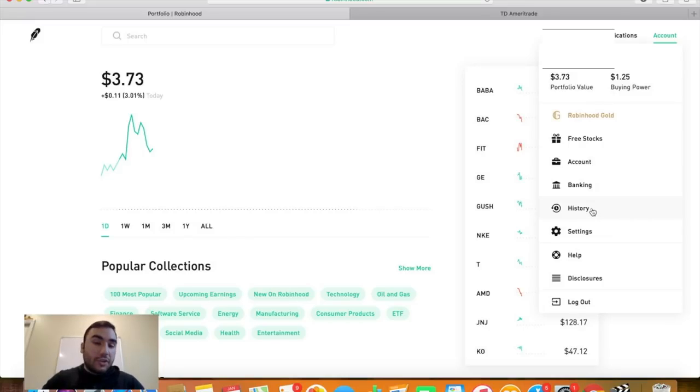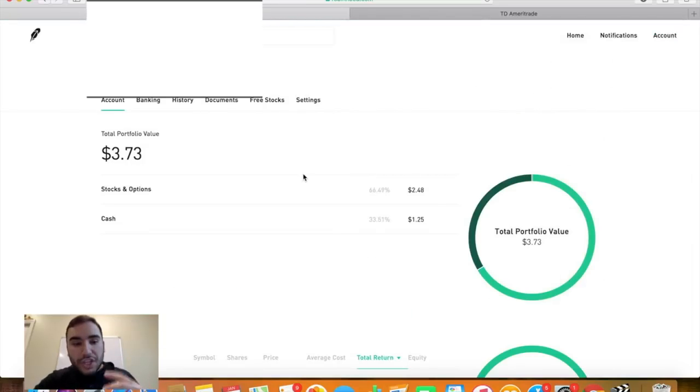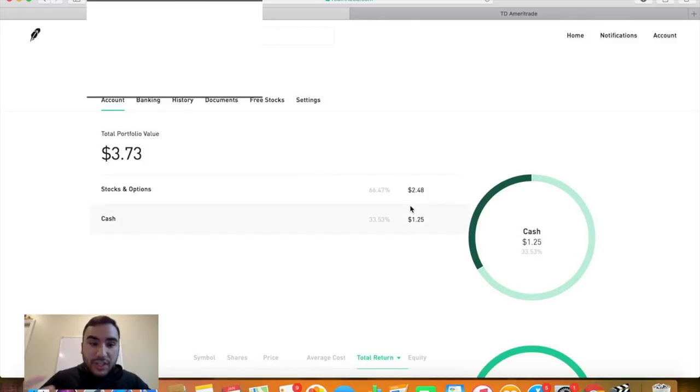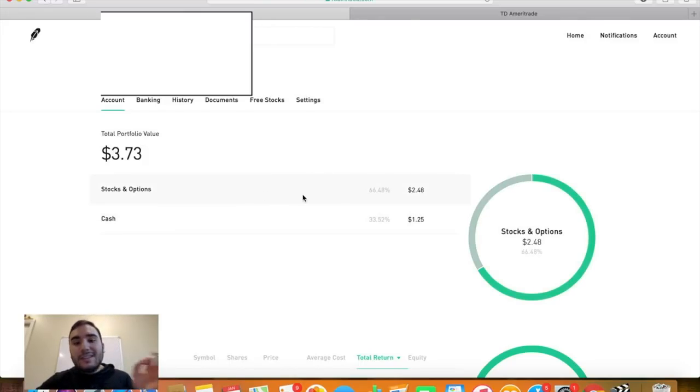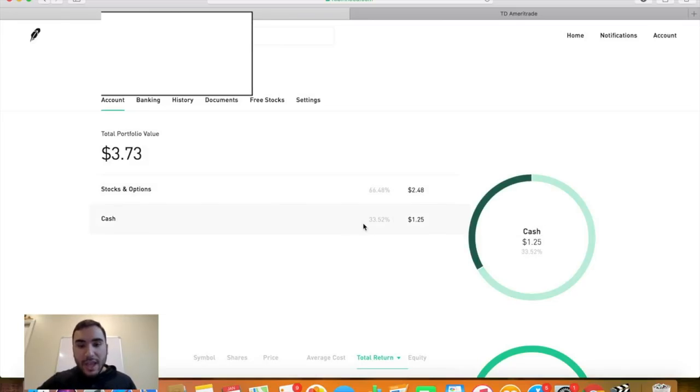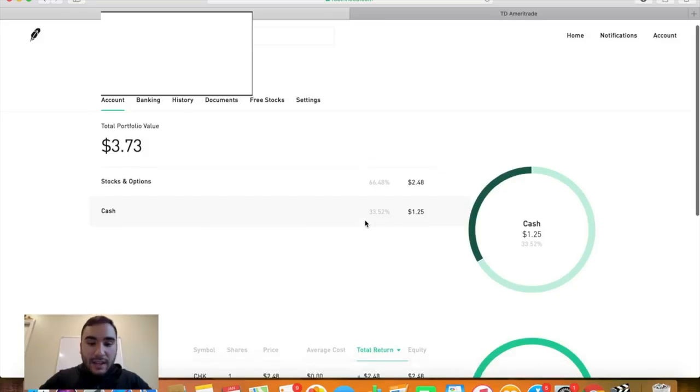You have your history, your transaction history, your banking. This is where you can hook up your bank account, your account here, which gives you a more in-depth look at what your account is looking like. It breaks it down into percentages. We can see here stocks and options. I have about 66% in stocks and options, and I have about 33%